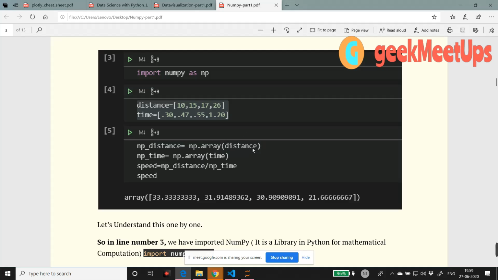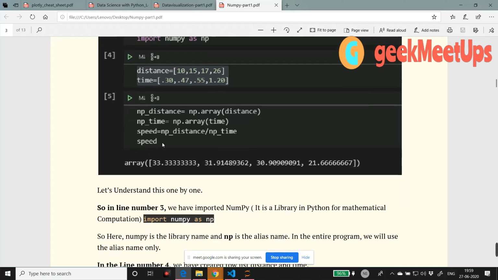When you pass this list, it creates one NumPy array. So when we pass the distance list, it creates the NumPy array distance. When we pass the time list, it creates the NumPy array time. When we calculate speed, we get the speed respectively.